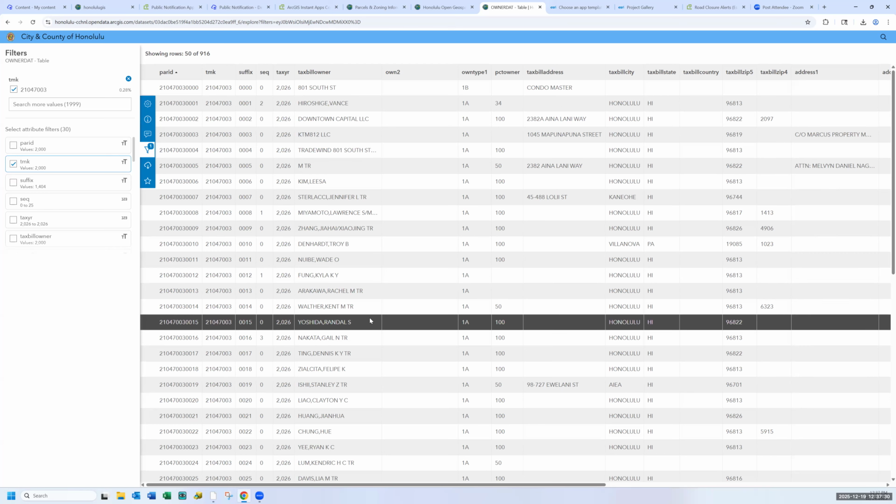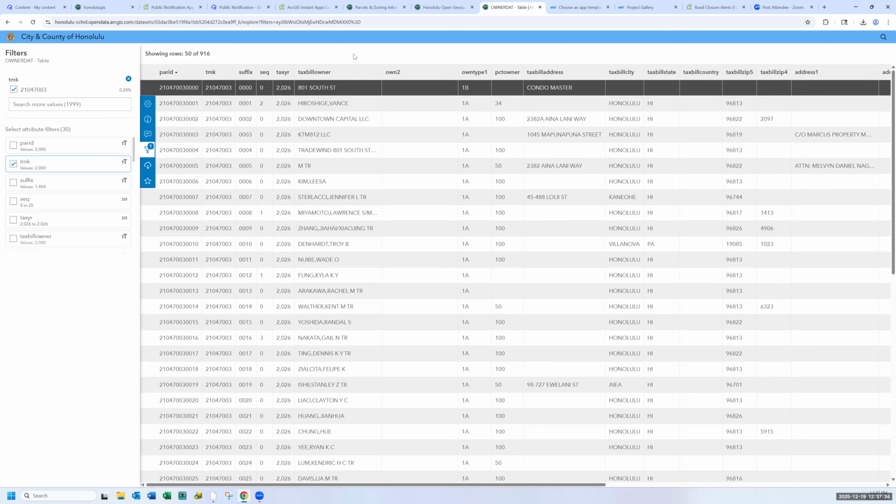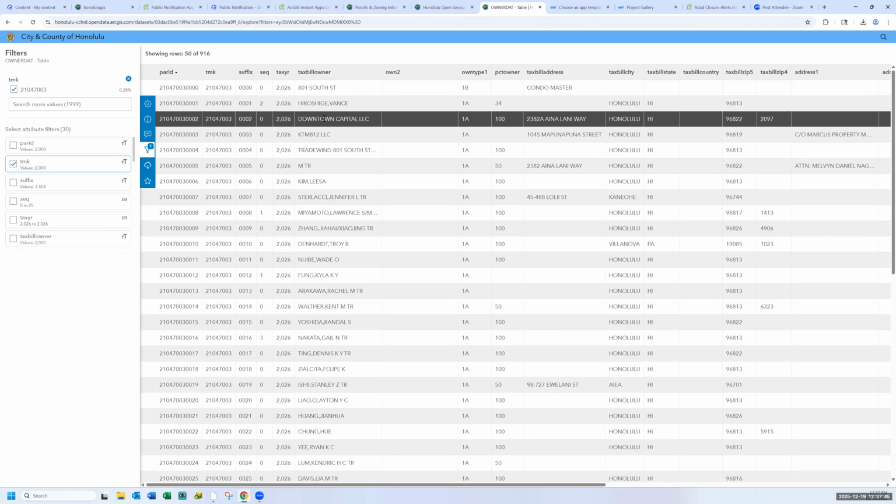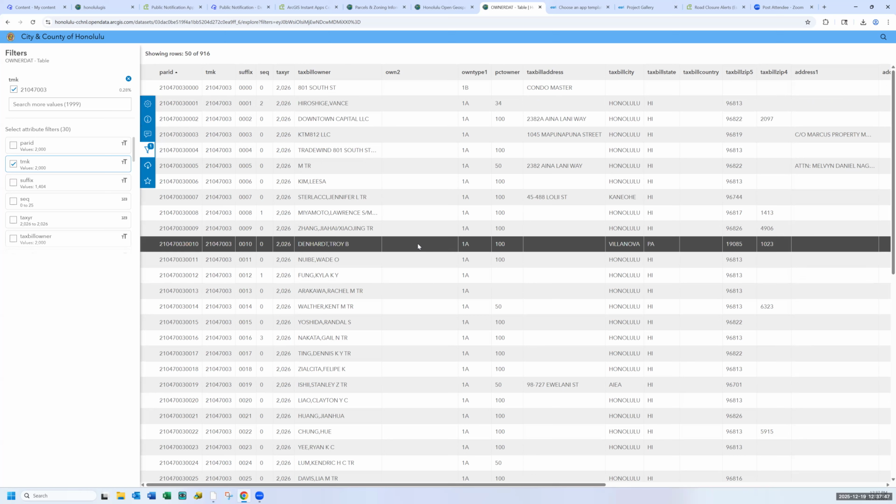We have, I think it's called on mult, which is the multiple owners for each parcel, so it will list each listed owner for the parcel. But I think the owner data one should be sufficient for most of the type of mailing lists that people try to generate.